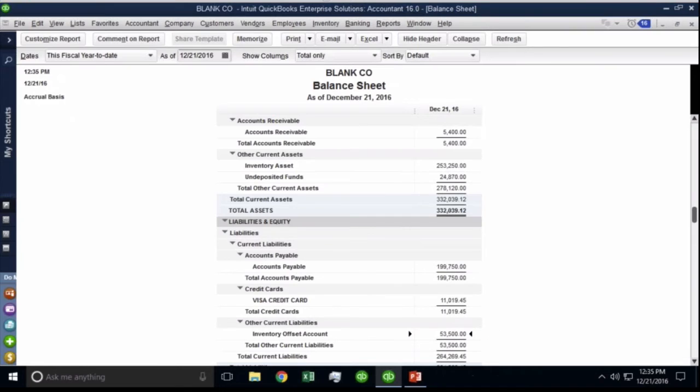This is the stuff that just blows people's minds, because most people get confused about this brand new account that gets created. So this inventory offset account is what accounts payable would be if we had received a bill instead of an item receipt under enhanced inventory receiving. So that's neat because it separates the two processes and it doesn't put it into my accounts payable and confuse